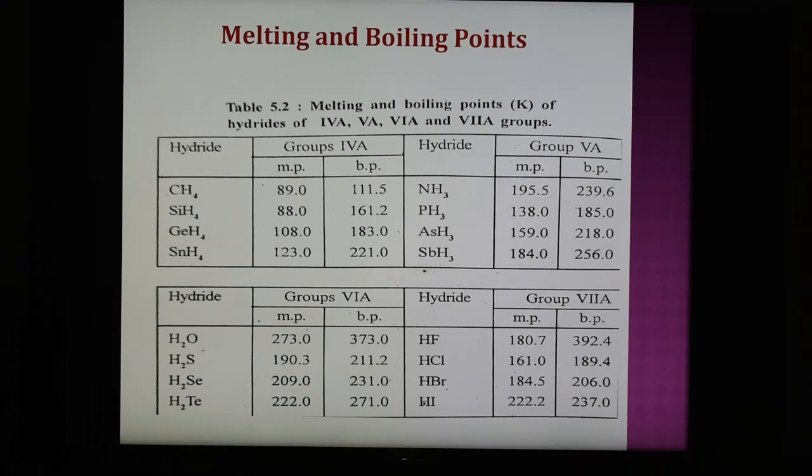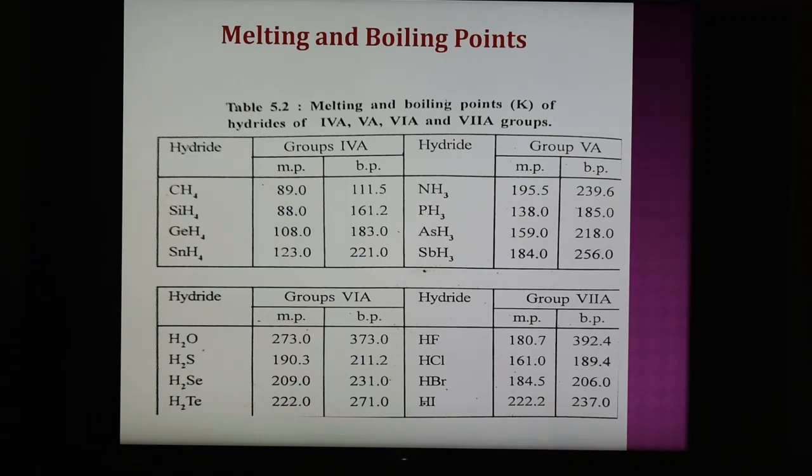The hydrides of groups 5A, 6A and 7A do not show this trend. In these groups, the melting and boiling point also increase with increasing molecular mass, with the exception of the first member. But the first members, ammonia, water and HF, have abnormally high melting and boiling points. The high melting and boiling point of the first member of each group is due to the intermolecular hydrogen bonding